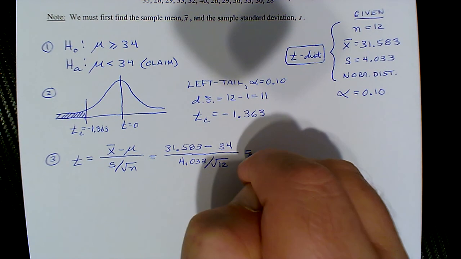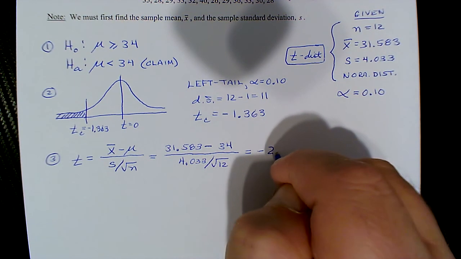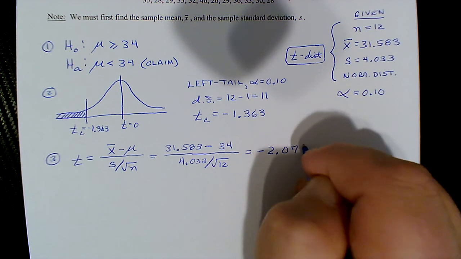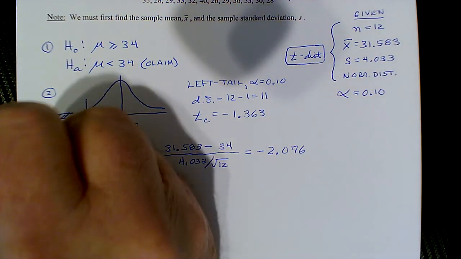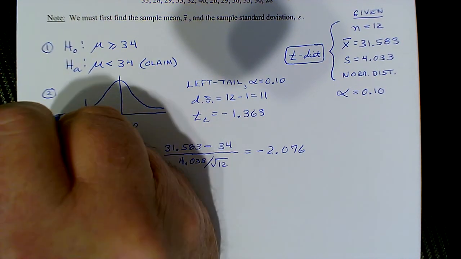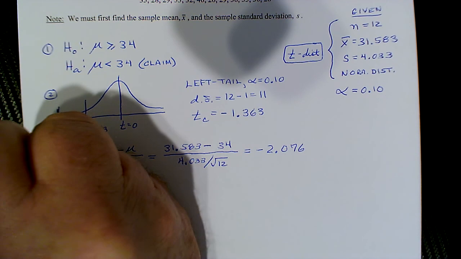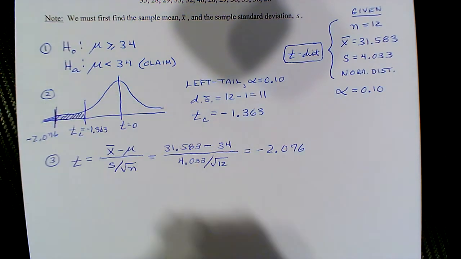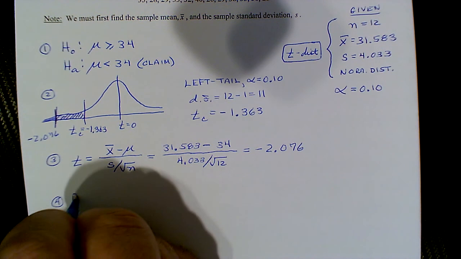And so that gives us a standardized test statistic of minus 2.076. And then in the diagram, minus 2.076 doesn't have to be to scale or anything, but that falls way over here, right? In the rejection region. So therefore our decision is to reject H0,